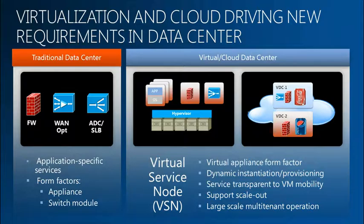From an elasticity perspective, you have to spin up any of these services at will. Whenever you are onboarding a tenant, it's possible the red customer might want a specific set of services, a load balancer and a firewall, and the blue customer might want just a firewall. How do you make sure that you can instantiate these whenever you need to onboard a customer? And also from a scaling perspective, given that cloud requires automated scaling and should support elastic environments,